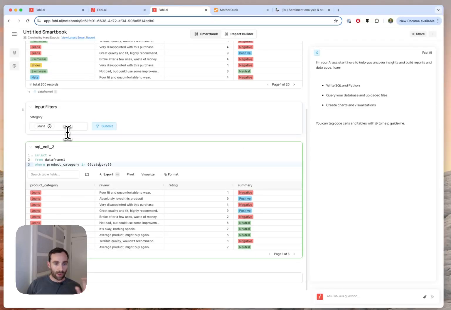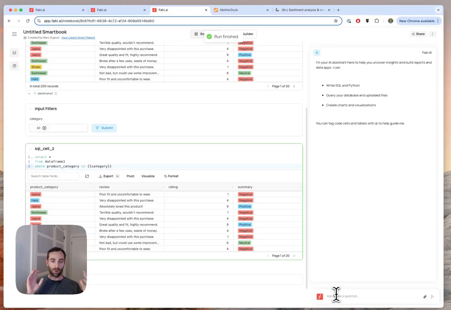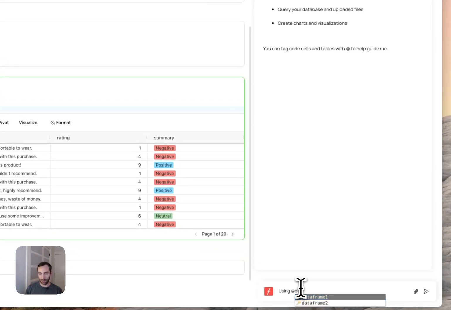Great, so we have our data. Let me select all categories. Great. Now we have our data. It's cached, we have a filter, but we want to plot it. I'm going to ask the AI to help me with that, and I'm actually going to nudge the AI. Here, this data is now stored as DataFrame 2. I'm simply going to say using @DataFrame 2,